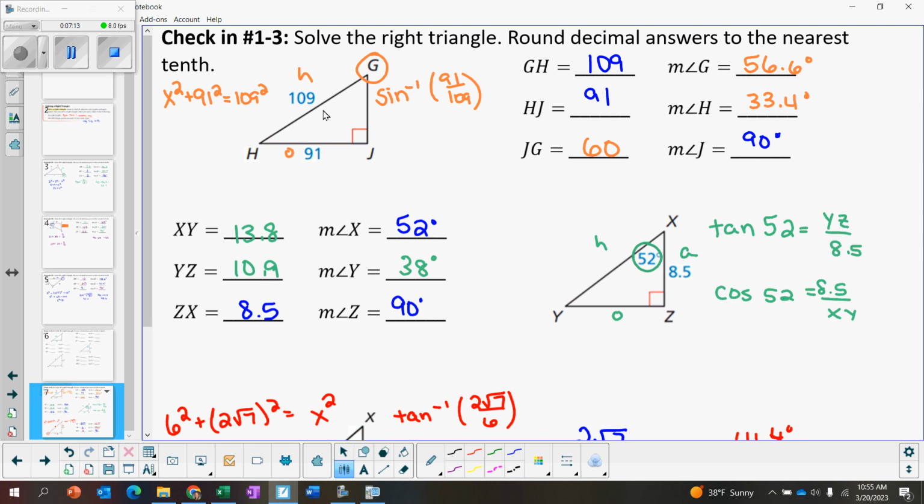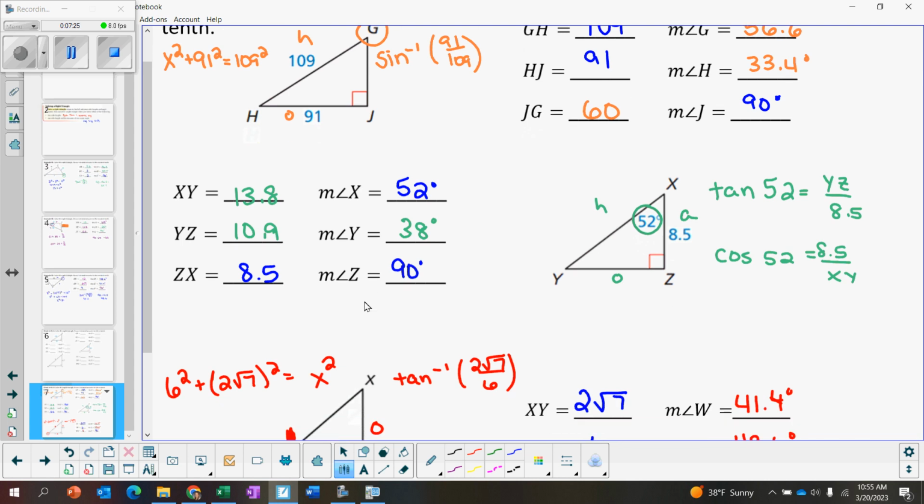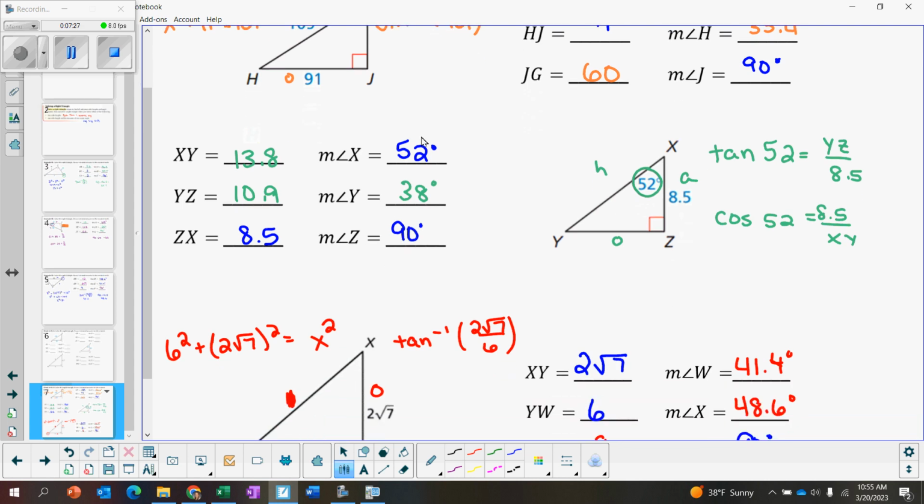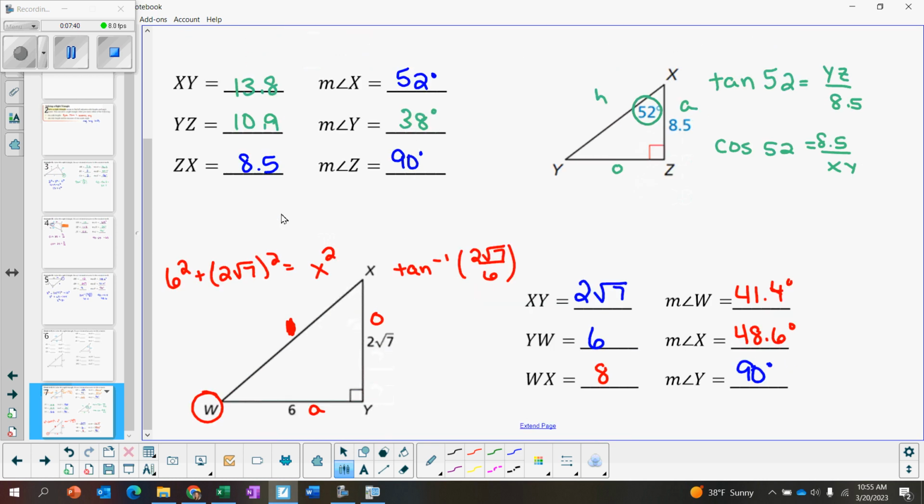All right, so for the first check-in, we knew the 10, 9, and 90. I found GJ was 6.0, measure of angle G was 56.6 degrees, and the measure of angle H was 33.4 degrees. For the next one, I knew that X was 52 degrees, Z was 90 degrees, and ZX was 8.5, so I did regular trig, found XY was 13.8, YZ was 10.9, and the measure of angle Y, 90 minus 52, is 38. And for the last one, I knew XY was 2 root 7, YW was 6, and